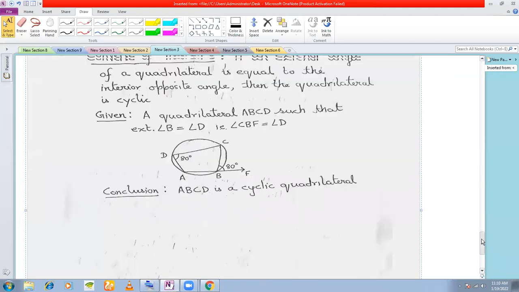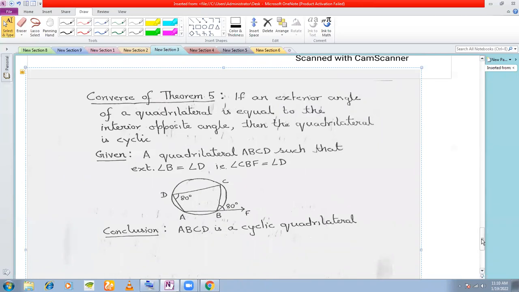The converse of this theorem states that if an exterior angle of a quadrilateral, any quadrilateral, is equal to its interior opposite angle, then you can say that the quadrilateral is cyclic. In the main theorem,